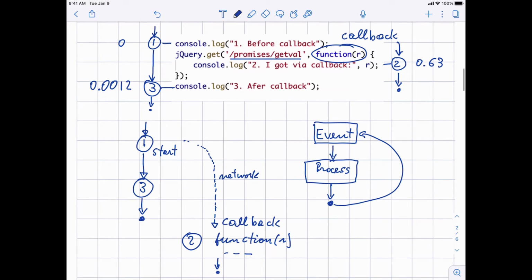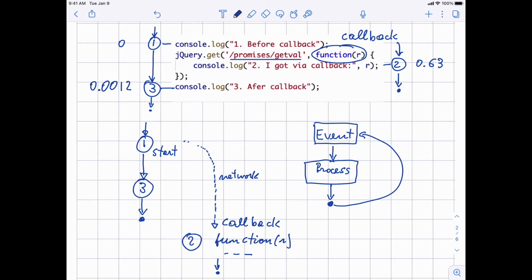Okay, so this gives you a picture of the classical way of doing things in JavaScript. You never ever want to wait. Whenever you do an operation that can take time, what you do is that you do the start of it and you specify the callback function to call when the function terminates, when the action that takes time terminates. This is called programming with callbacks. And this enables a single JavaScript thread servicing an event loop to be able to be in charge of all the network communication and things that occur in your tab.